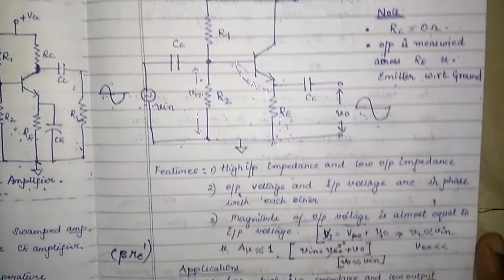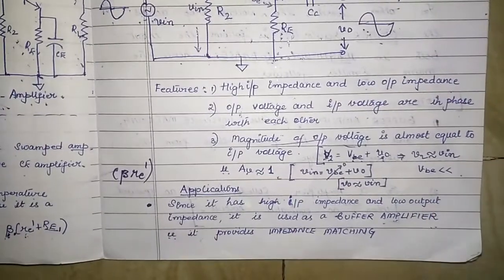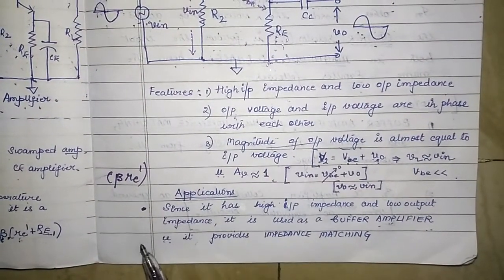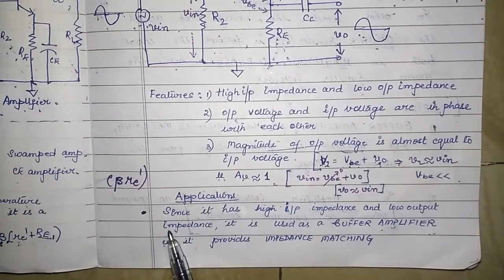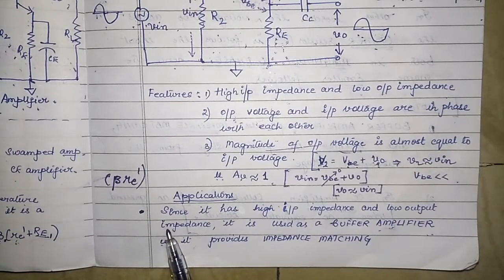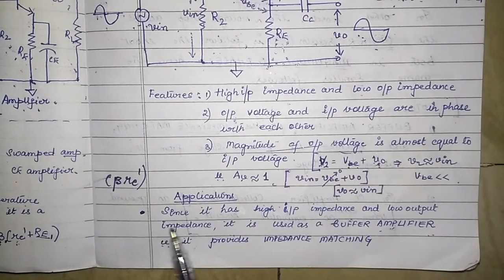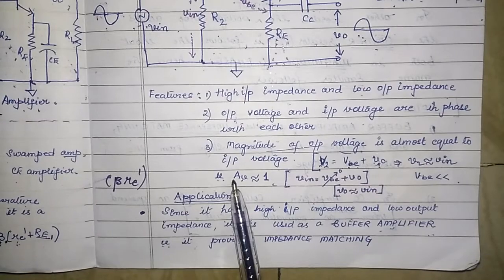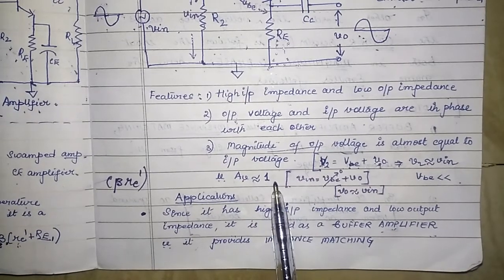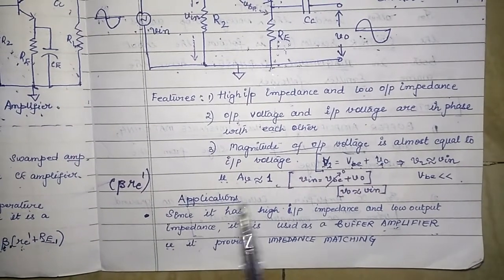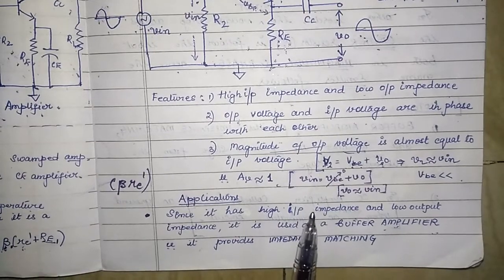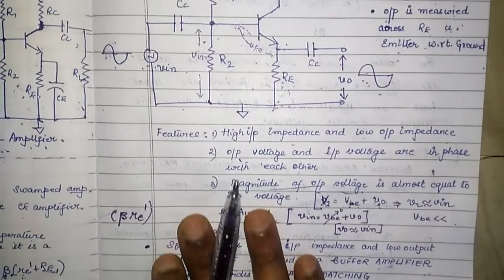Okay. So the next thing that you have to understand here is, what is the voltage gain of CC amplifier? So when we say amplifier, we expect the gain to be there, right? So what do you observe here? I have written here, AV is almost equal to 1, meaning to say the output and input are almost equal to each other. Now how do we understand that here?